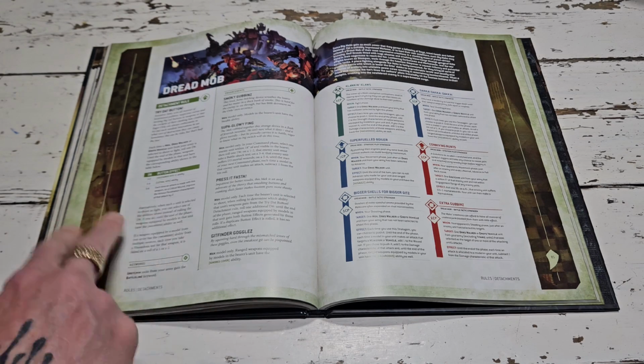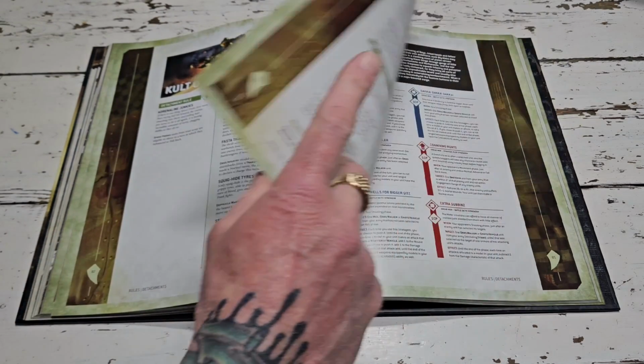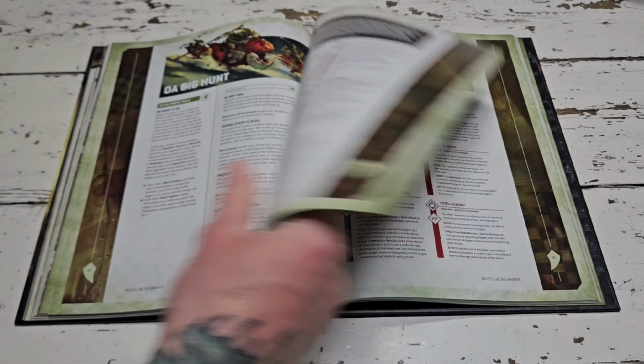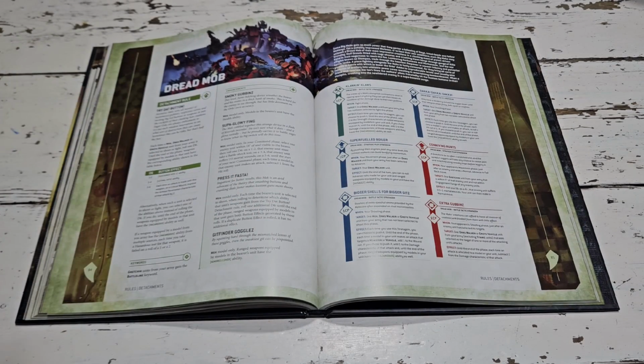Like I was saying with the other two, Cult of Speed and the what's it called again? The Big Snag one, the Big Hunt. Really good, strong themes, stratagems, everything that makes sense. This one though, by far the most fun. This is going to be a fun list to play, and they've done a clever thing with